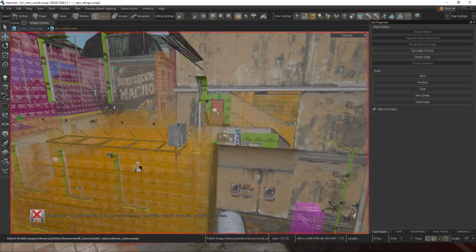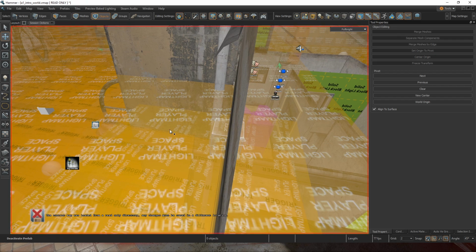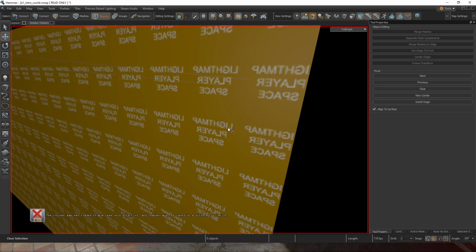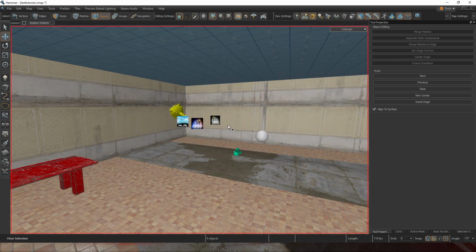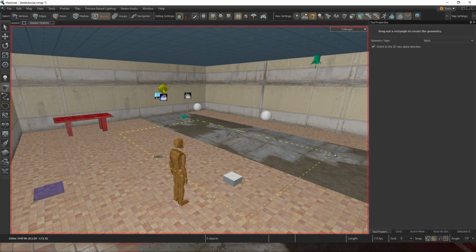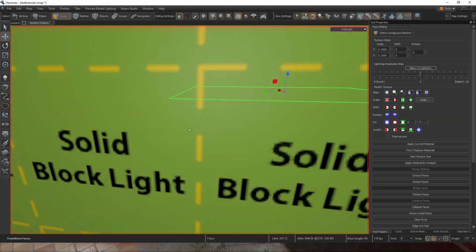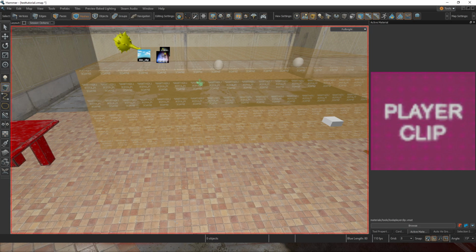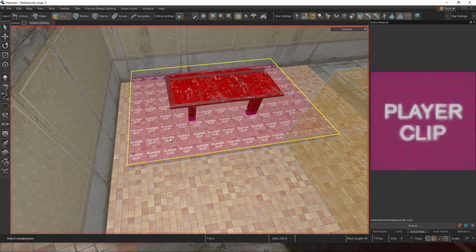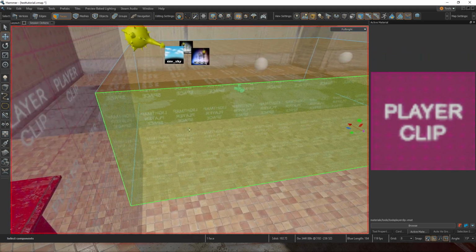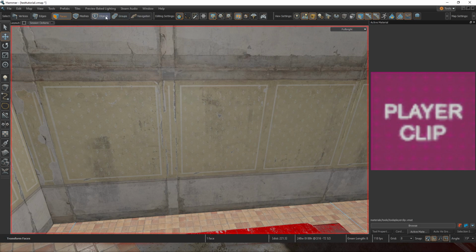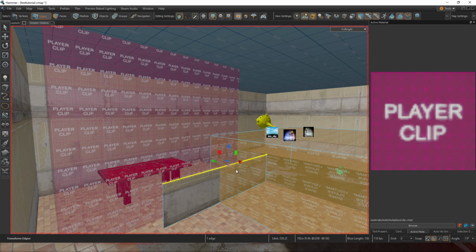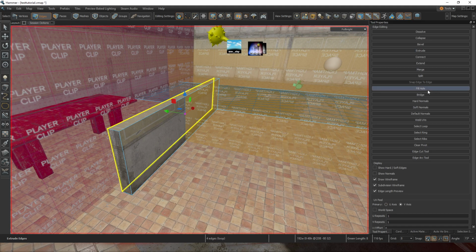Let's see. This right here. You can go View, Hide Unselected. This right here. It's light map player space. Source 2 is a little bit different from Source in that you're going to want to tell the engine where the player can go. Let's say that we're going to do a player clip here because we are denying access to the table. You cannot approach the table. Well, if that's the case, and let's say the table's kind of far away and there's like this little wall in front of it, so that you can't really closely inspect the table. If that's the case,